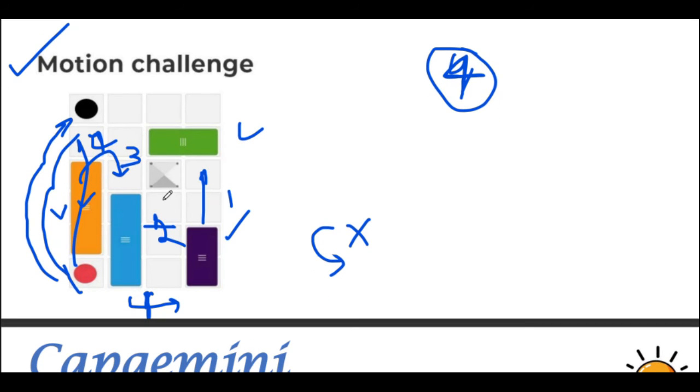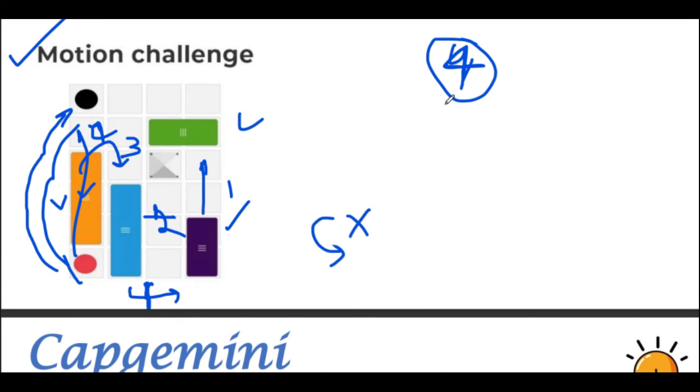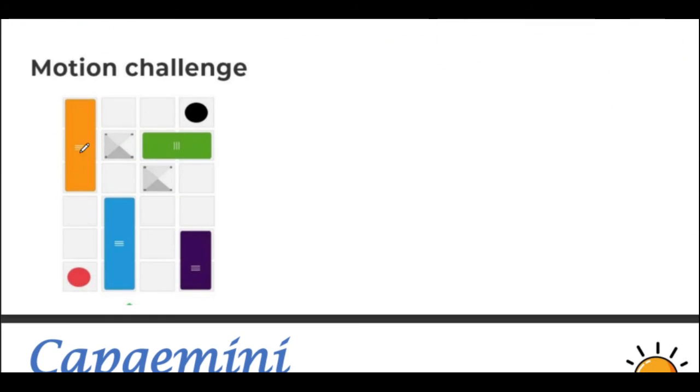It can be done in any other way. For example, you can move this here, you can move this upward, you can move this one upward, and you can shift this one, you can move upward. You can do it in many ways. This way, in some cases the number of steps coming will be larger. So this is about the motion challenge, where we have to pass this ball to here by moving these blocks in between. There is another problem based on the motion challenge. Let's try this one out also.